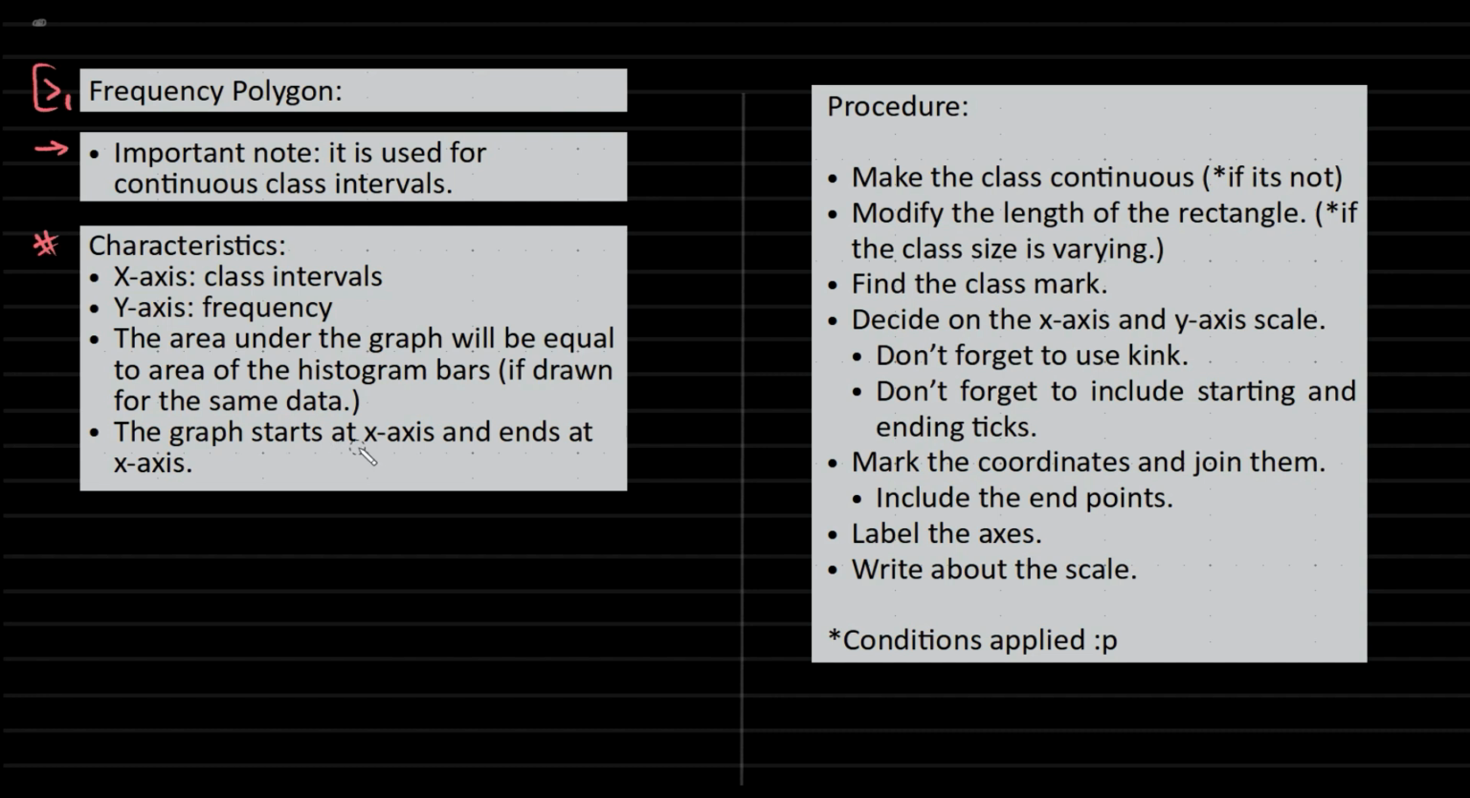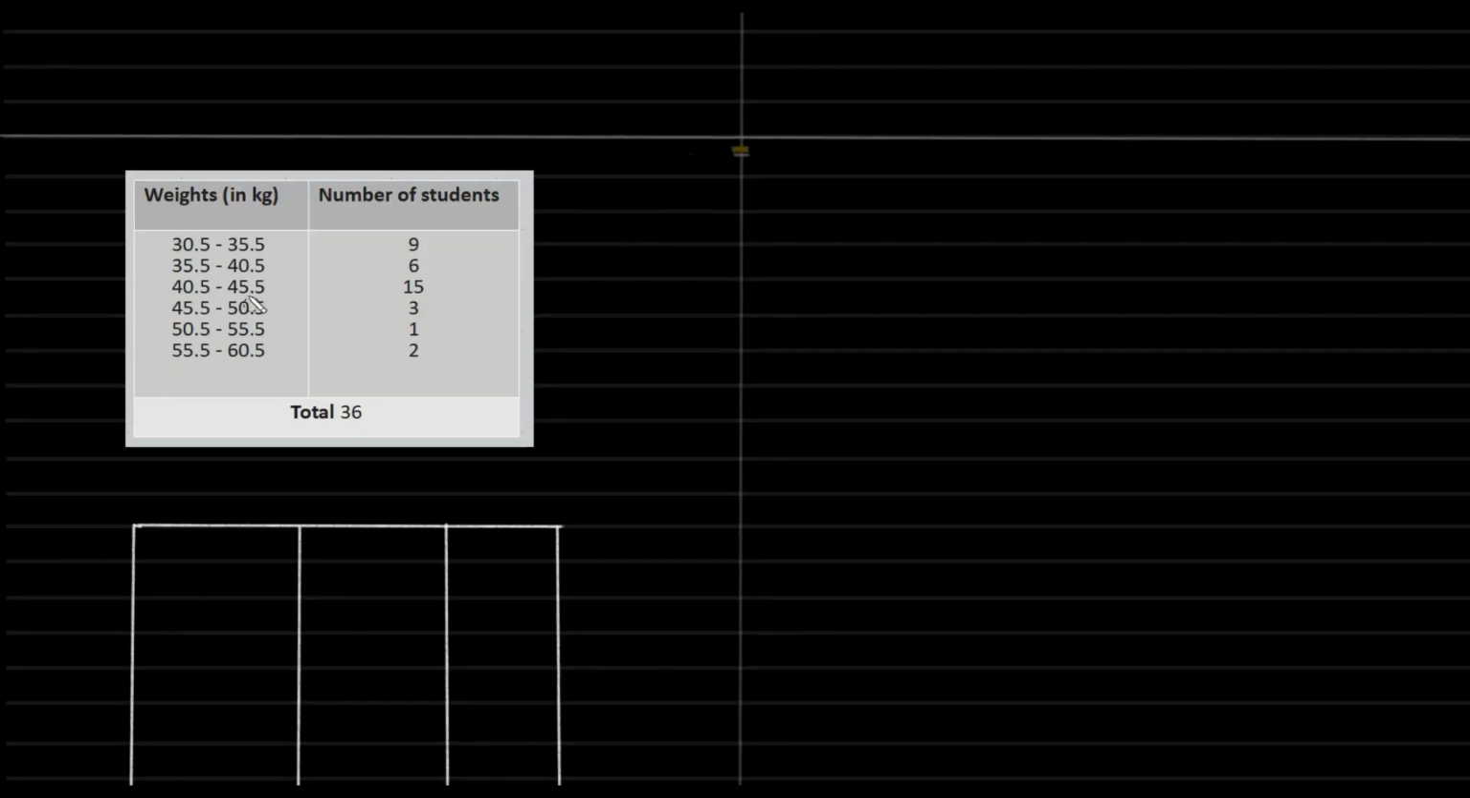The graph starts at the x-axis and ends at the x-axis. This also you will understand in time. So, procedure: make the class continuous. First thing is we have to check if it's continuous. To check if things are continuous, look at the